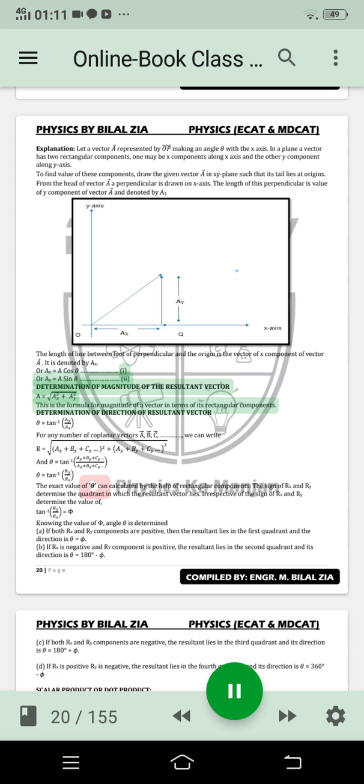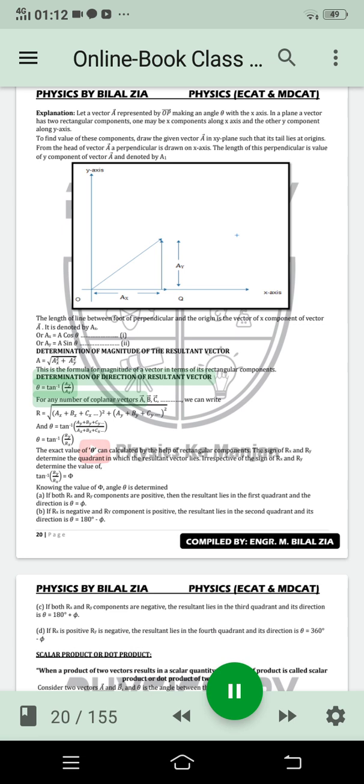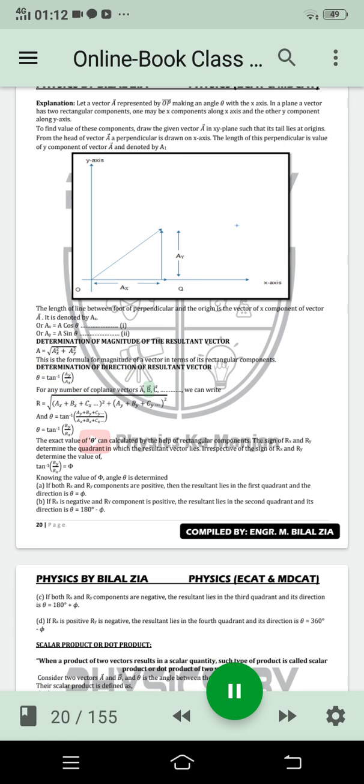Determination of magnitude of the resultant vector: A = square root of (Ax² + Ay²). This is the formula for the magnitude of a vector in terms of its rectangular components. Determination of direction of the resultant vector: theta = tan⁻¹(Ay/Ax). For any number of coplanar vectors A, B, C,